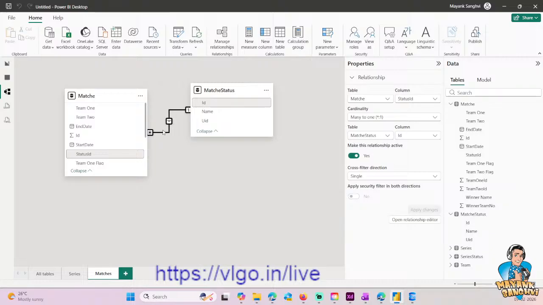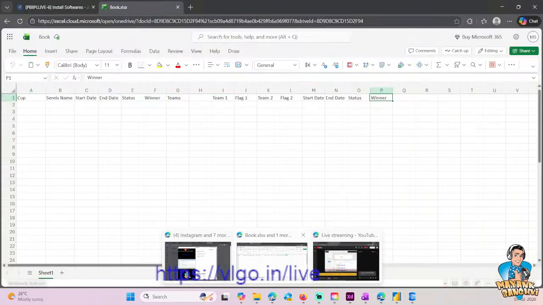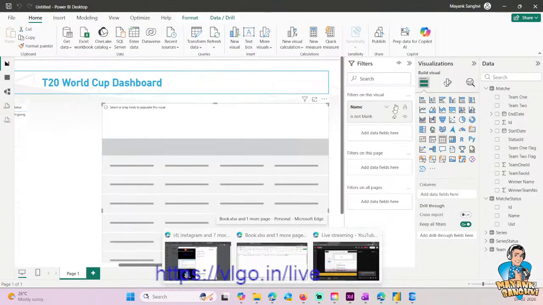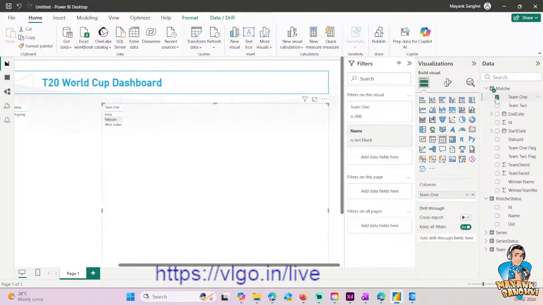So we have a one to many relationship between match status, we have match, we have team information, and now we can use it with our table. So in our second table, if I open, okay, Excel file, where is my Excel file? So team 1 flag, or let's say flag, then team 1, then flag, then team 2. Okay, start date, end date, status, and winner. So I'm going to simply go to team 1. Sorry, we need to say team flag. Okay,